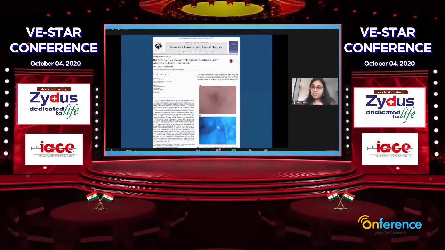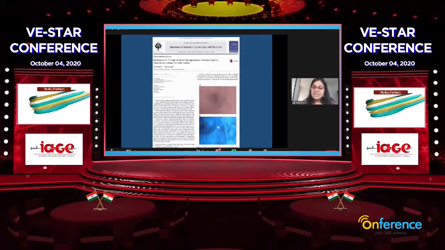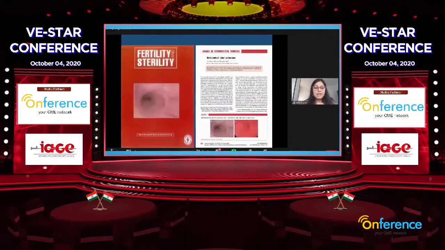The four features for diagnosing tuberculosis are adhesions, which may be flimsy. There will be bizarre looking endometrium, which is shaggy, and the glands are not as visible. We were on the cover page of Fertility Sterility, where you can see the intrauterine